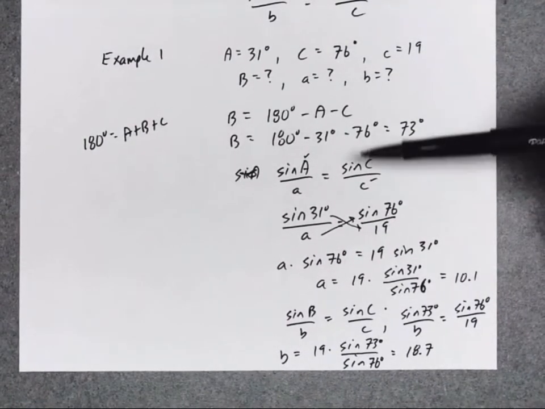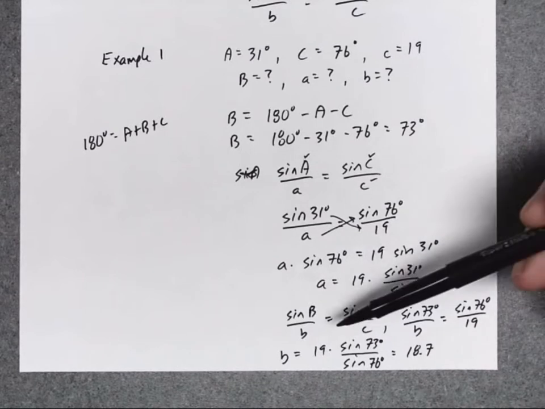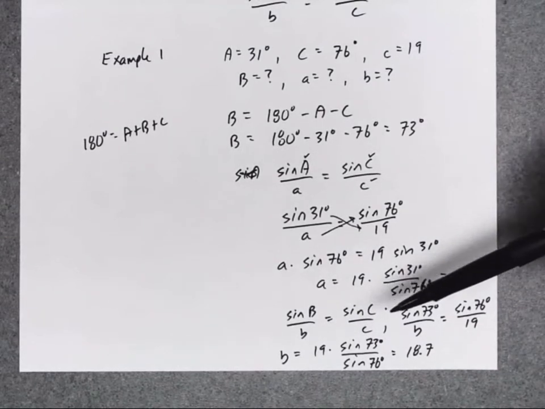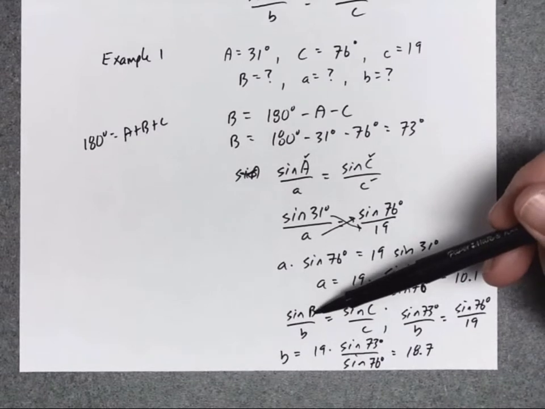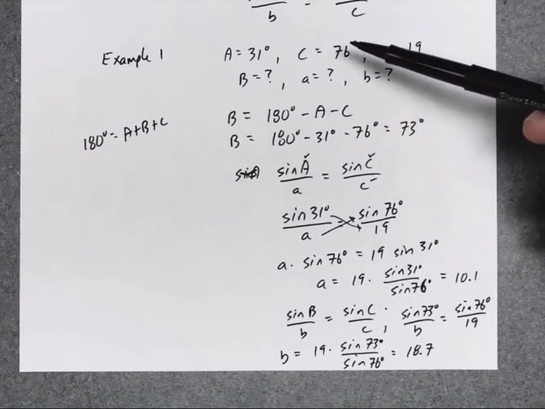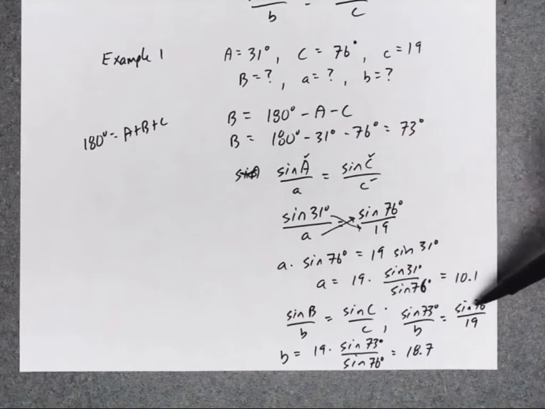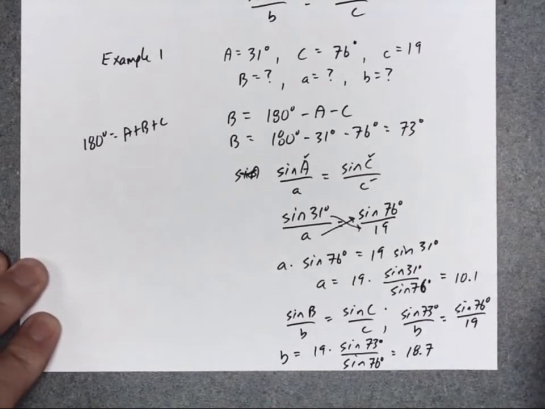This is what you do. Let me just talk out loud. So, all right, B is 73 degrees, and then C is 76 degrees. All right, this looks correct to me. For some reason, if after the fact I find I've got a mistake here, I'll try and come back in a future video and reference it. So, assuming I haven't made a mistake that I don't see,